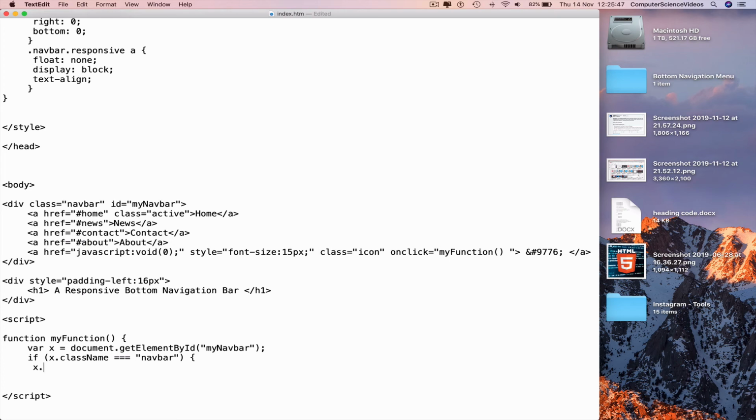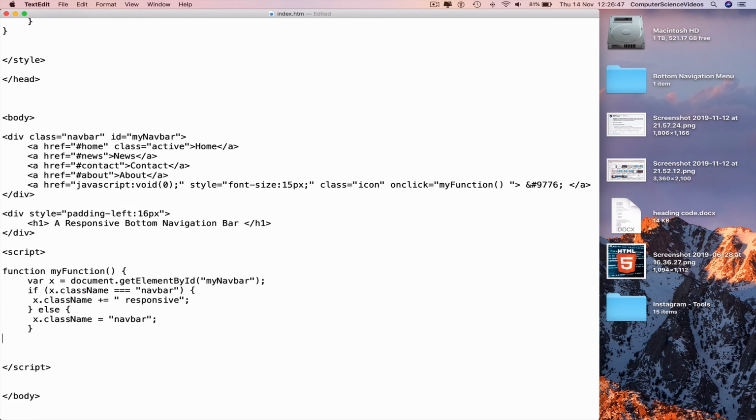Then we can say x dot class name plus equals speech marks responsive, semicolon, indent on a new line, curly brace, else, curly brace again, new line, indent, space, x dot class name again equals speech marks nav bar, speech mark, semicolon, go to a new line, indent, curly brace once, new line, curly brace again,